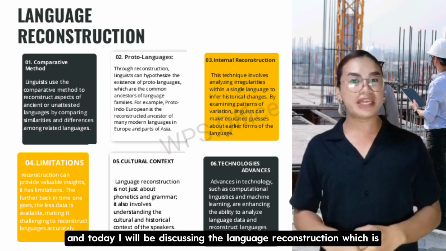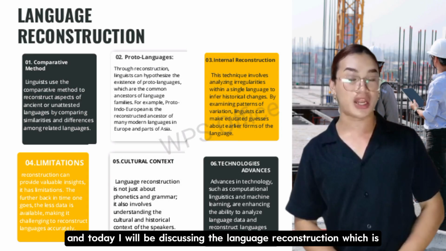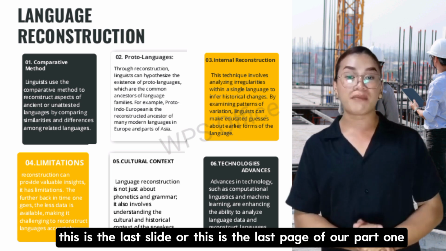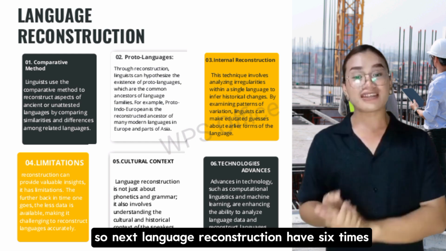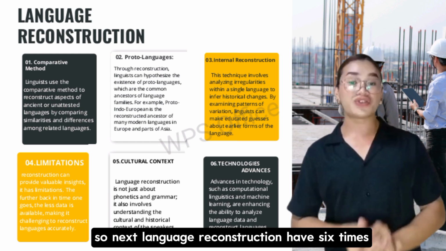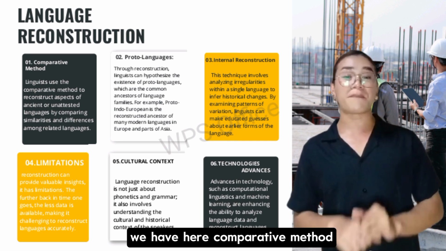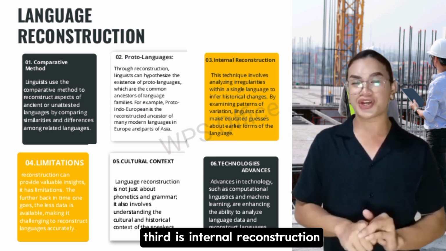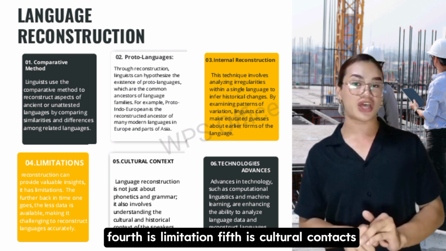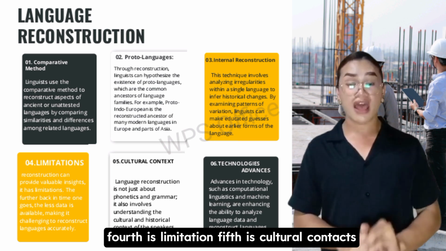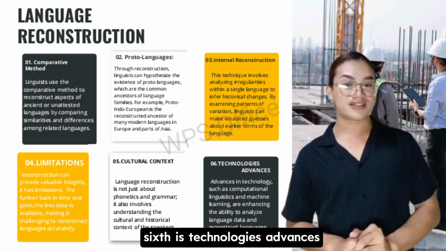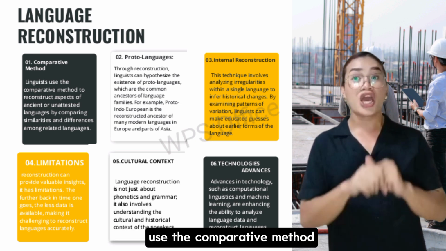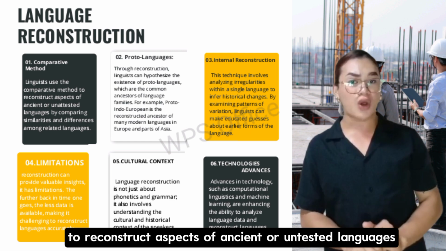And today I will be discussing language reconstruction, which is the last page of our PowerPoint. So next, language reconstruction has six types. We have here the comparative method. Second is proto-languages. Third is internal reconstruction. Fourth is limitation. Fifth is cultural context. Sixth is technological advances. So the comparative method is where linguists reconstruct aspects of ancient or